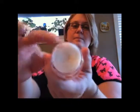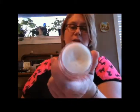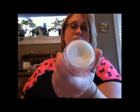So the last step is the quench. And the quench looks a little odd. It's hard when you feel it, and a lot of people don't really know what to do with it. Well, this is a deep moisturizer. So if when you were feeling your hands, you found a really, really dry spot or a really, really calloused spot that you don't want calloused, and after moisturizing it's still there, this is a perfect way to make that go away. I personally use it on my cuticles because I have a lot of problems with dry cuticles, and